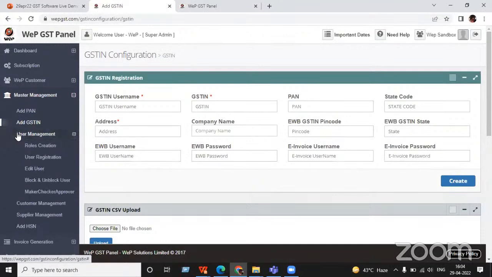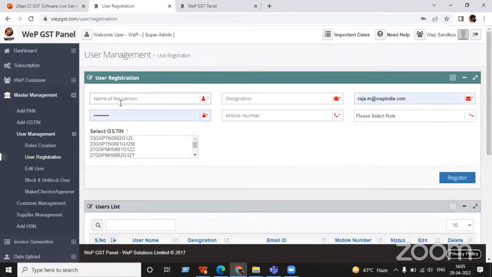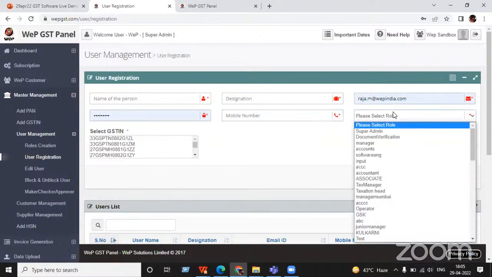Now coming to user management. As I told you in the presentation part also, user management is the place where you can create sub accounts in the platform. When you go for sub accounts, first you have to do user registration. While registering, if you want to authorize any person of your company, you just give the name of the person, the designation, the email ID, the password you want to give, and the mobile number, and select the role accordingly.